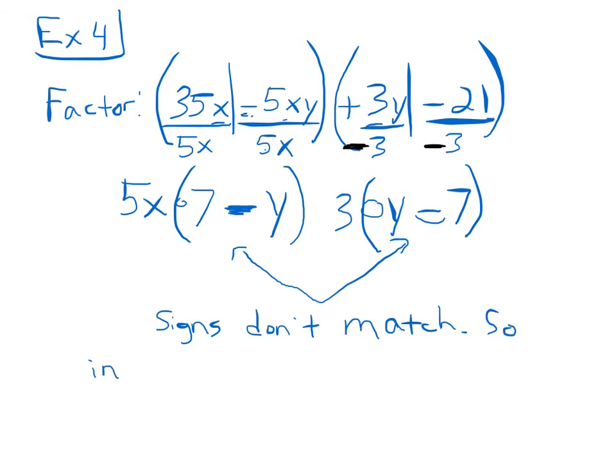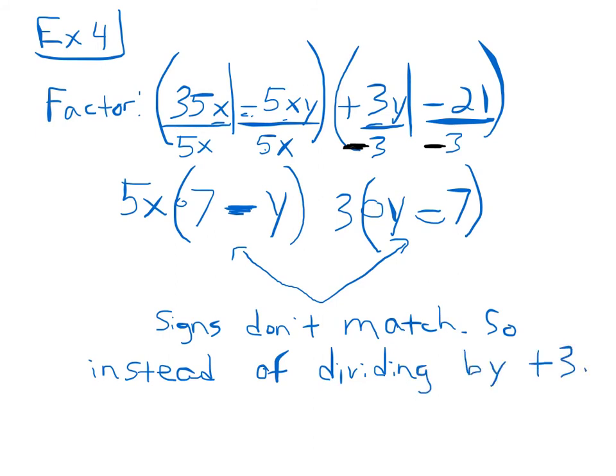So instead of dividing by positive 3, divide by negative 3. And that will change our signs. So we cannot forget though, this is no longer a positive 3 right here. We actually factored out a negative 3. Now when we do that, this positive 3 divided by the negative 3,